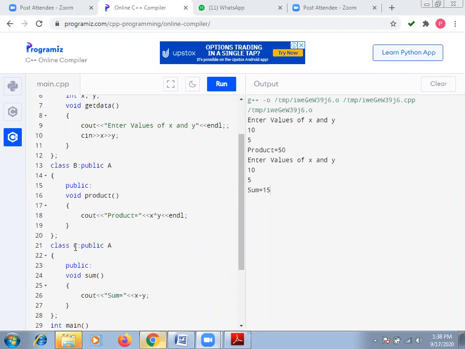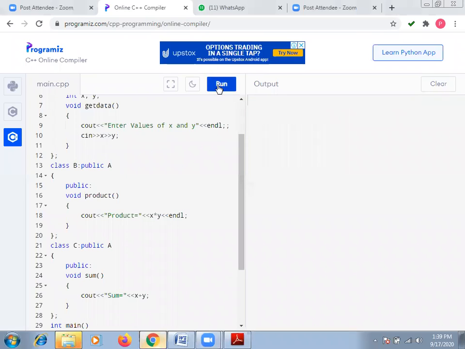And again in class C, we are going to inherit the data members from class A. So class A should contain the values of x and y, that is 10 and 5. So we are going to print the sum. Once again, we are going to enter the value of x and y. 10, 5. I think the network should not be doing the 10 value. So product is 50, and if I enter the value of x,